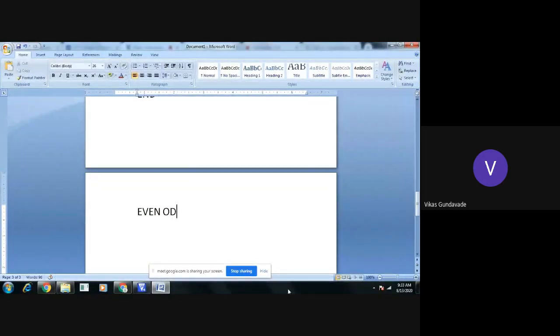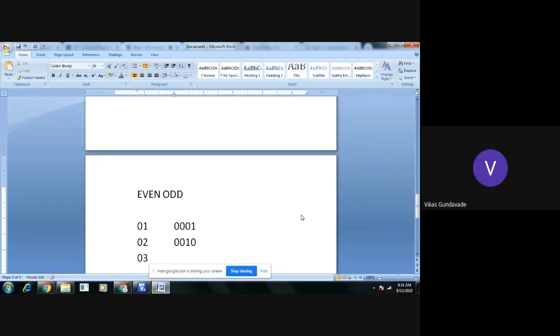In this case, the even and odd numbers are identified by the least significant bit of the number. Now see, suppose I'm writing 01, whether that number is even or odd. The binary format for 0 is 0000. For 1 it will be 0001. For 2 it will be 0010.